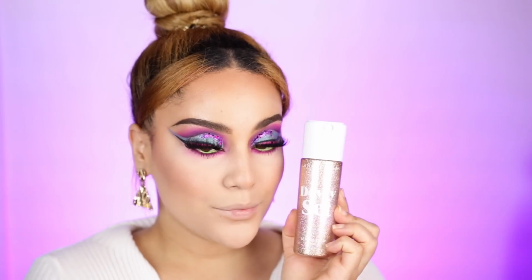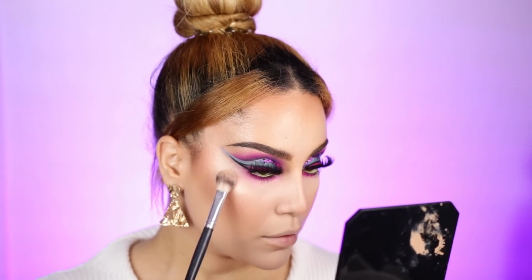Went ahead and applied some mascara, and now to finish my face, I'm using their famous Dewy Set setting spray. This is absolutely bomb, you guys. I like it even more than the MAC Cosmetics Fix Plus. This is definitely way better in my personal opinion. And of course, I had to top it off with their So Hollywood loose highlighter palette, which is a must-have